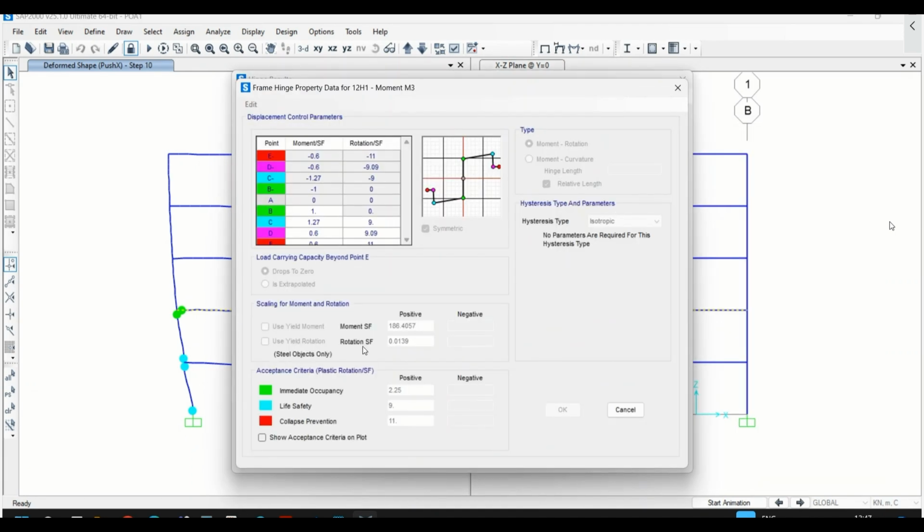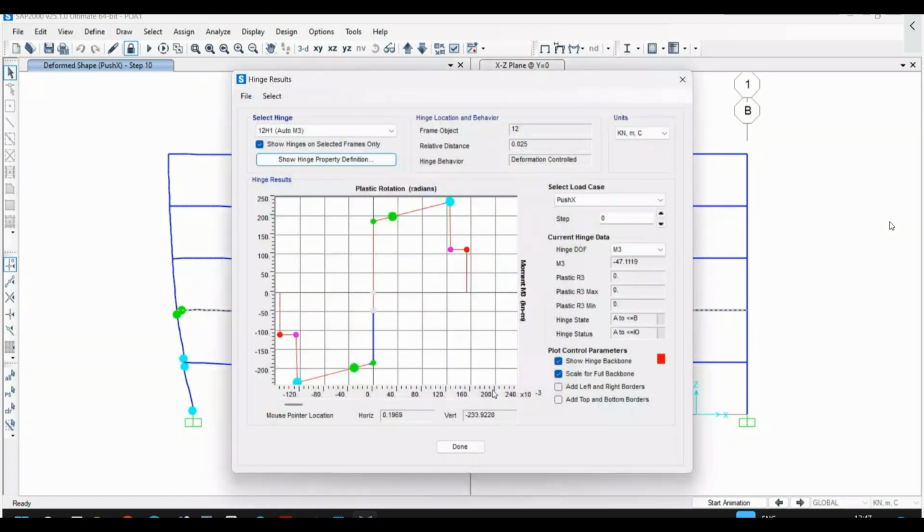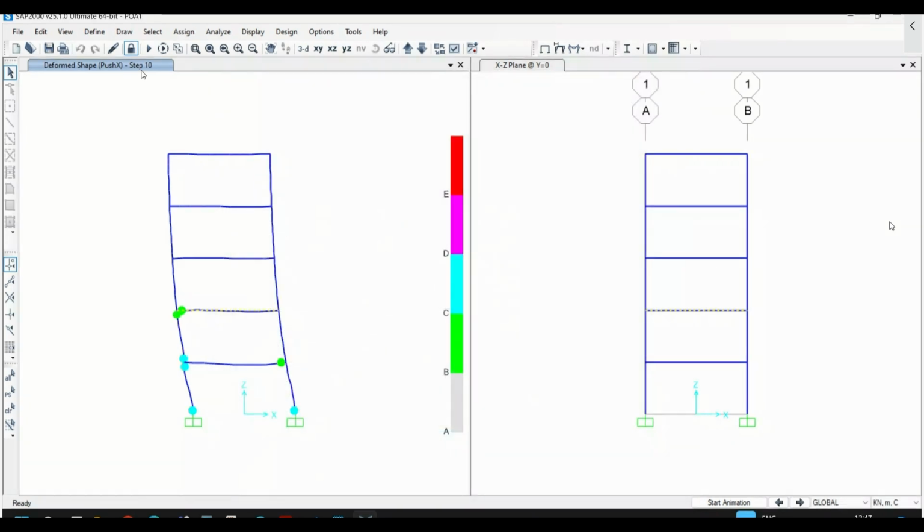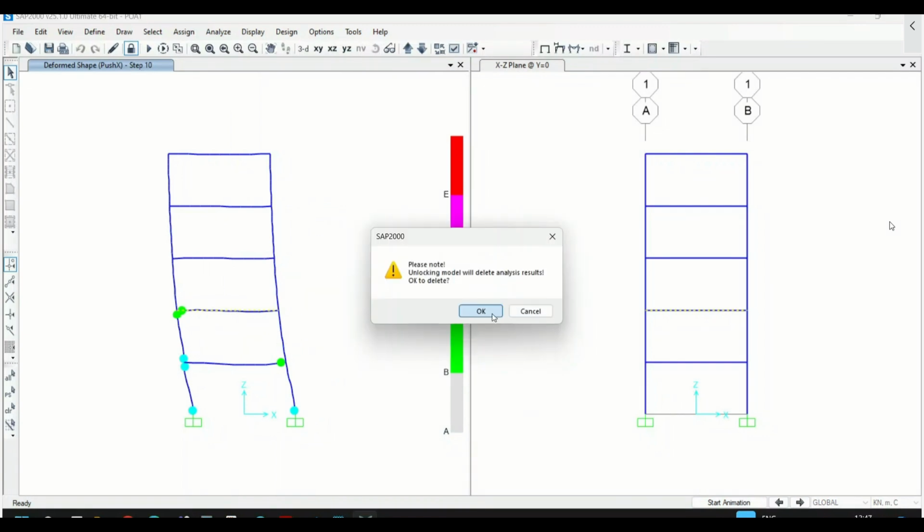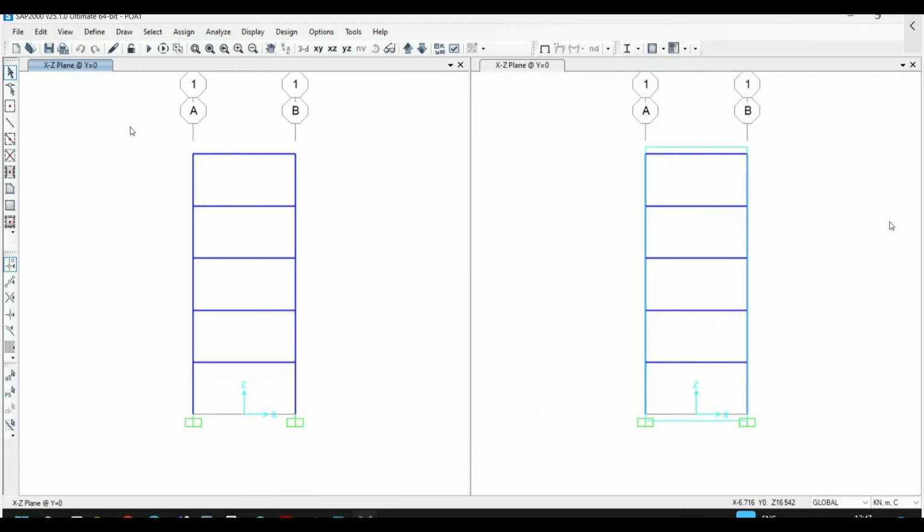These are available here in this definition: the immediate occupancy, LS, and CP definitions, and ABCD are the control parameters for the backbone curve definition. Right. This is one particular example on pushover analysis. Another important example is performing time history analysis, and